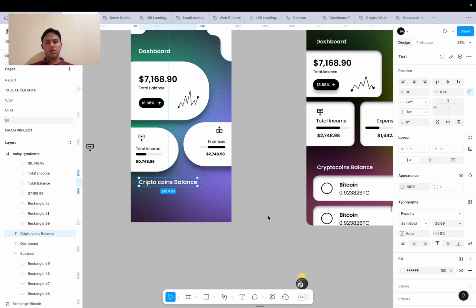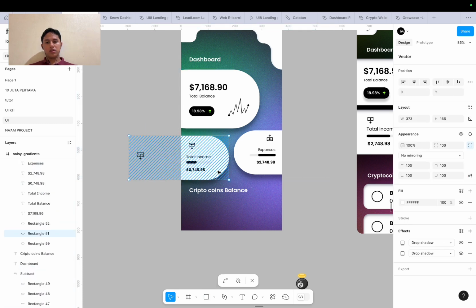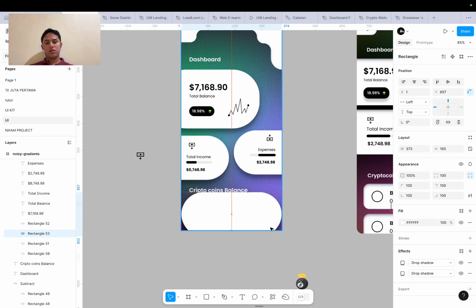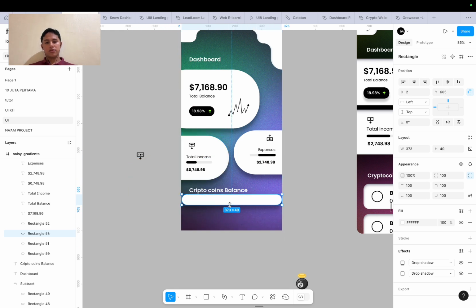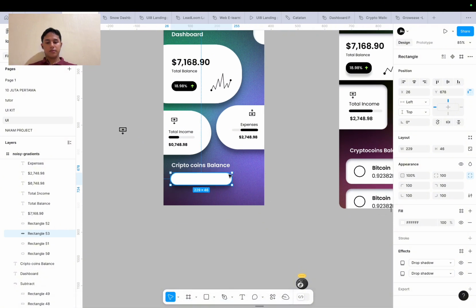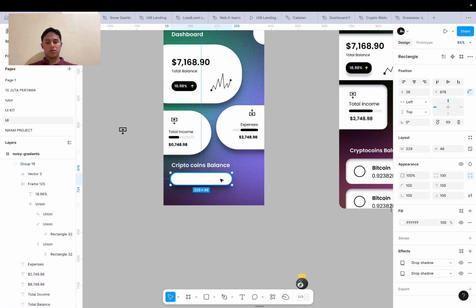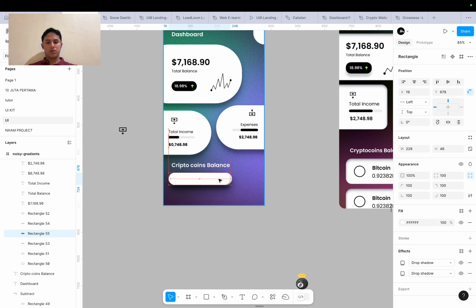Crypto coins balance. This content is for the user. Choose what wallet that he uses. Maybe I'm gonna make it like this. And I duplicate it, and then